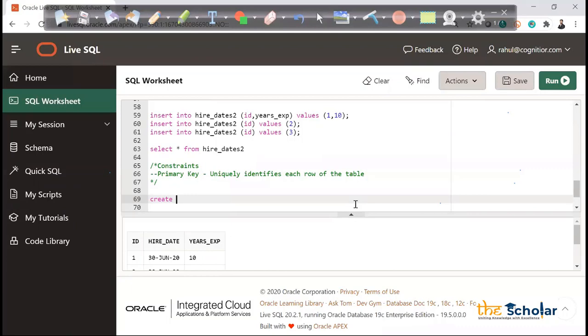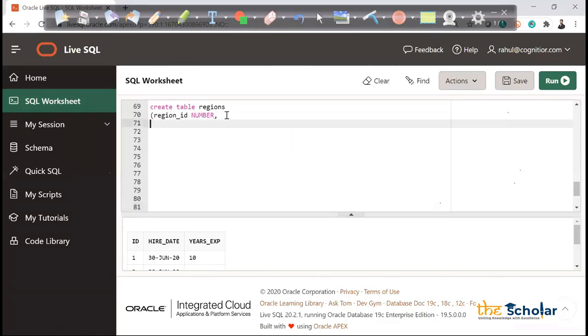So I'm creating a table and giving the name as region, and here the first column is region_id. I can have an underscore, we already had a discussion, and I'm giving number as the data type. As I already mentioned, it is not a case sensitive language, I can have capital NUMBER as well, and capital anything, there are no issues as such.